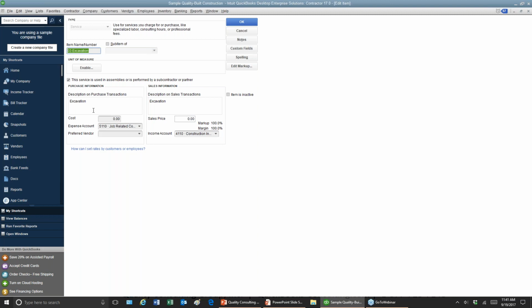I quoted the customer that it was going to be a $5,000 foundation, and we went over because we had to do another layer of brick that maybe they didn't know in advance. So now it's going to cost you more, even though you quoted it specifically to a customer. So you'll be able to see at the end of the day, what did you invoice your customer for excavation or bricklaying, whatever it is, and what does it cost you.